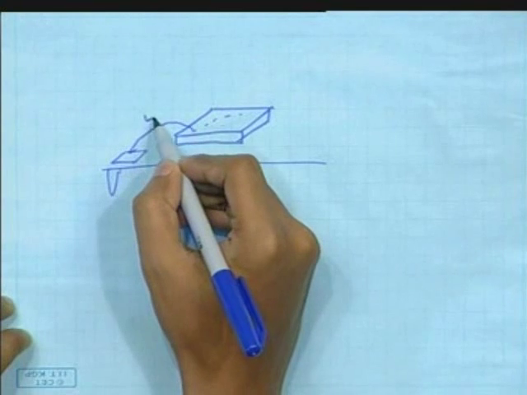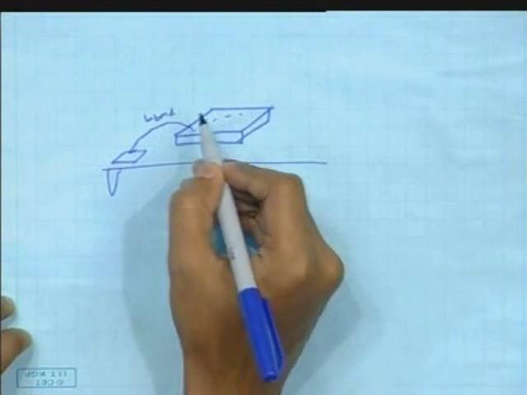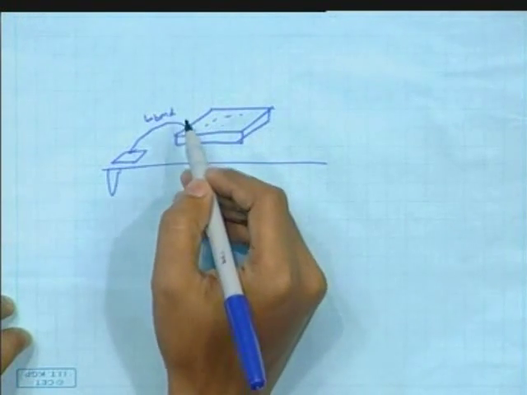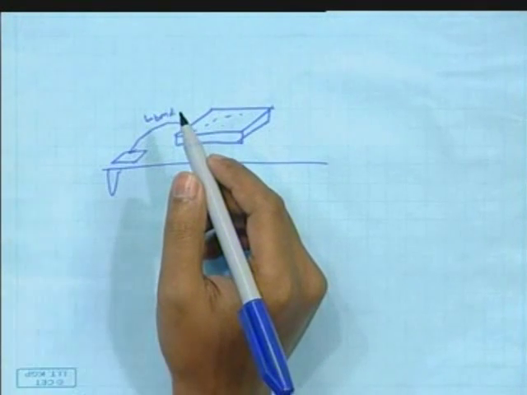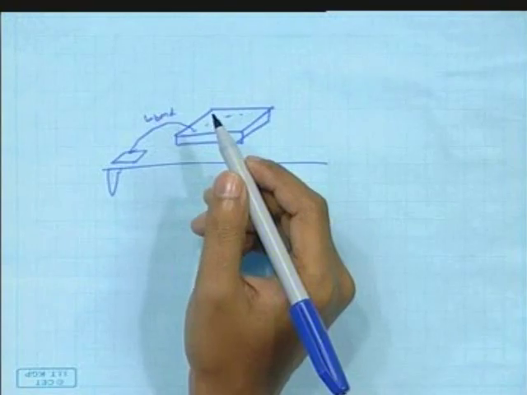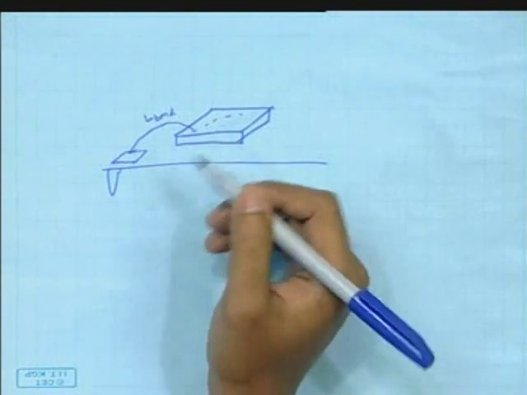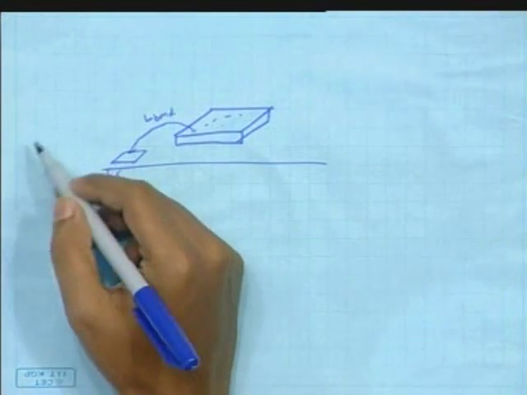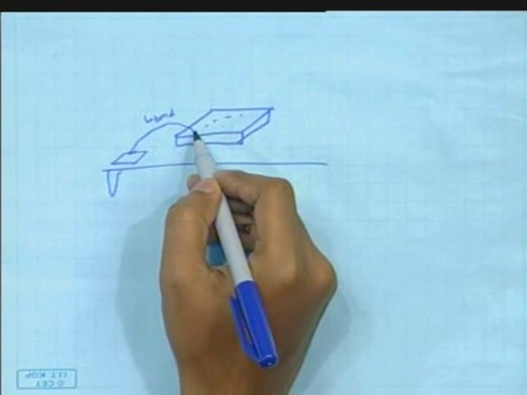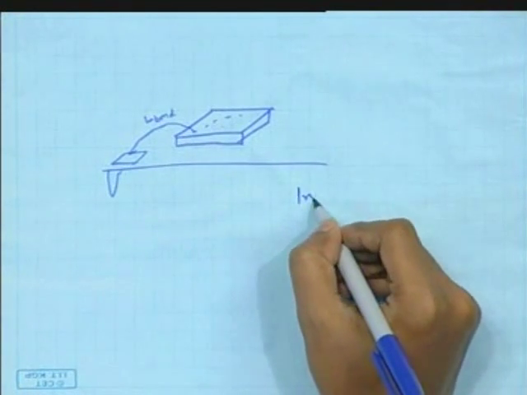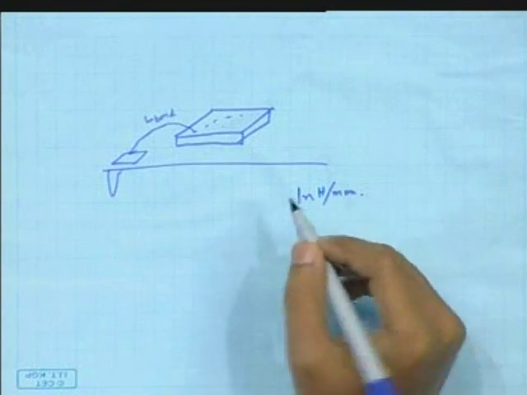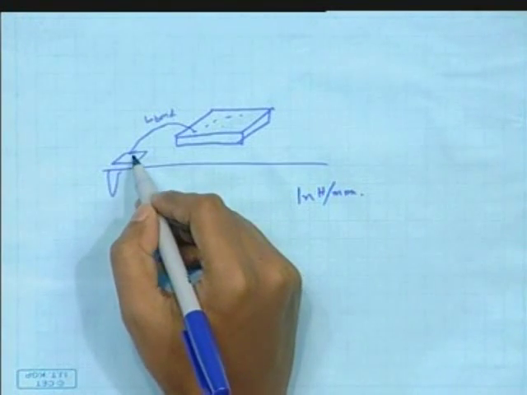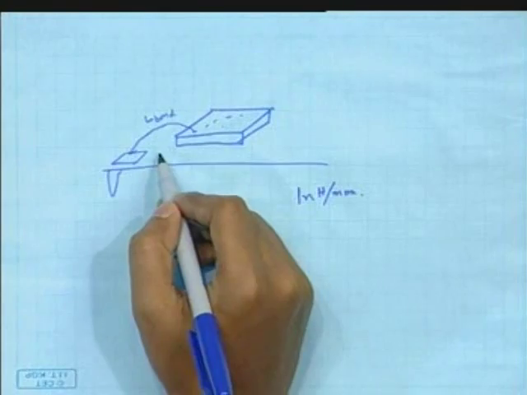Okay, this contributes inductance. But the good thing about this inductance is that since it is not on silicon, it is not lossy. This has a very high quality factor. But the problem again is that you don't have much control over the actual value of the inductance. You can't just wind it up in turns. So this inductance is generally 1 nanohenry per millimeter of length. It's only dependent on the length. Suppose you need 2 nanohenry inductors, you will have to internally connect two pins and then use it in total as